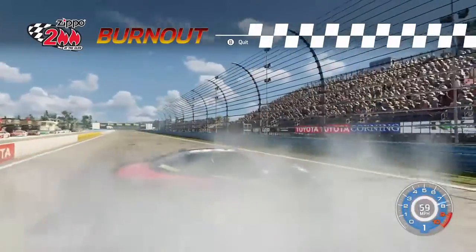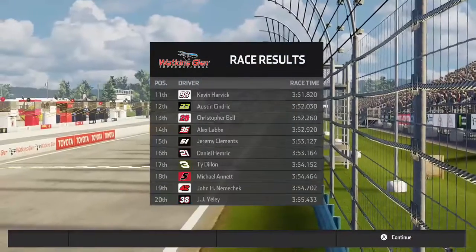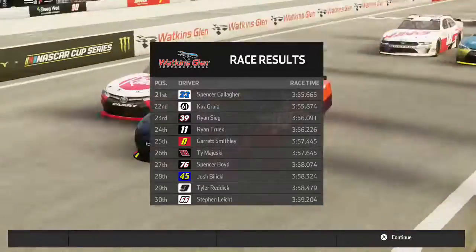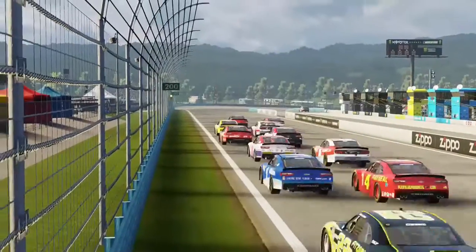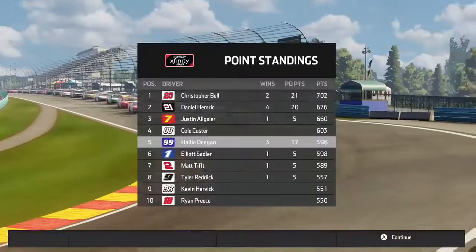obviously sitting very well when it comes to looking at the playoff picture. As you see, Ryan Preece came up just short in second place, JJ Yaley down there in 20th, so now let's see who got last. Is Morgan Shepherd, the legend himself, so good for him, but obviously a good bunch of money brought into the